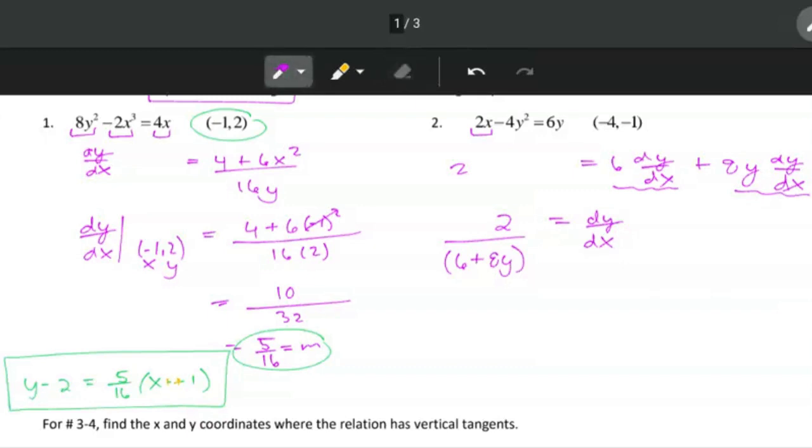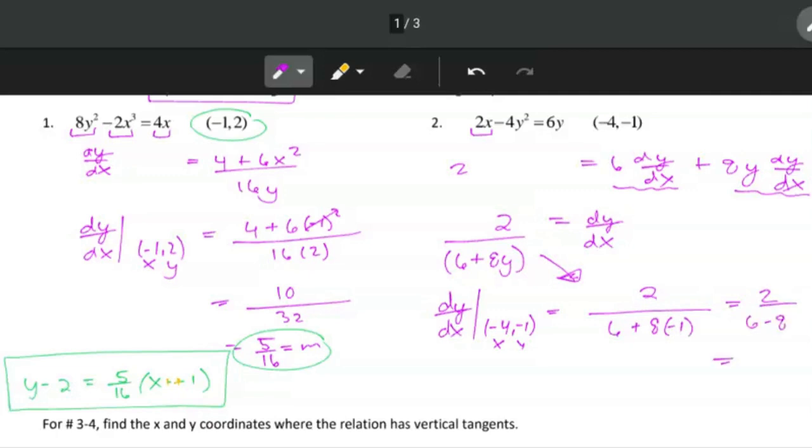So to find the actual slope, we need to take our dy dx equation and evaluate it at our point, -4, -1. So we're plugging in -4 for the x and -1 for the y. So our equation, I just kind of switched sides here, was 2 over 6 plus 8y. Our y was -1. So if we do that math, that's 2 over 6 minus 8. 6 minus 8 is a -2, so 2 over -2 is really -1. So -1 is our slope,